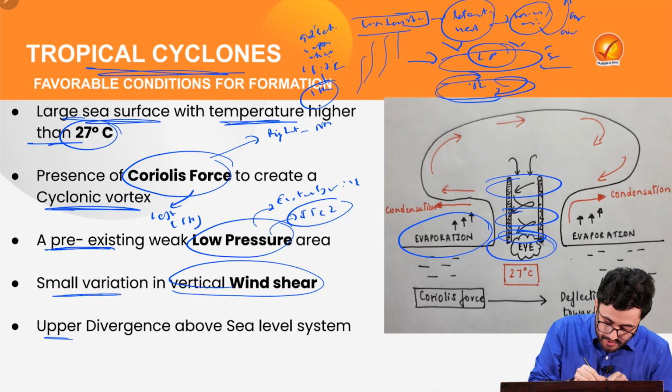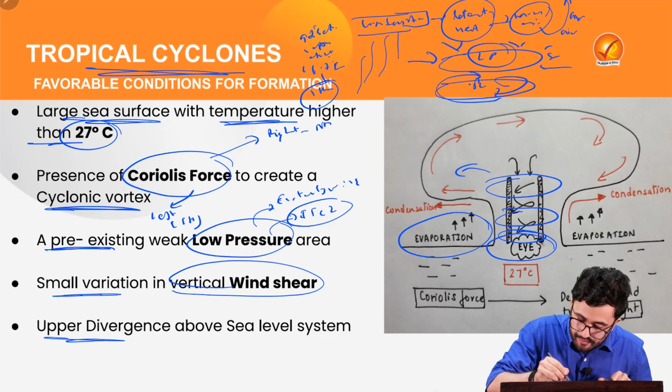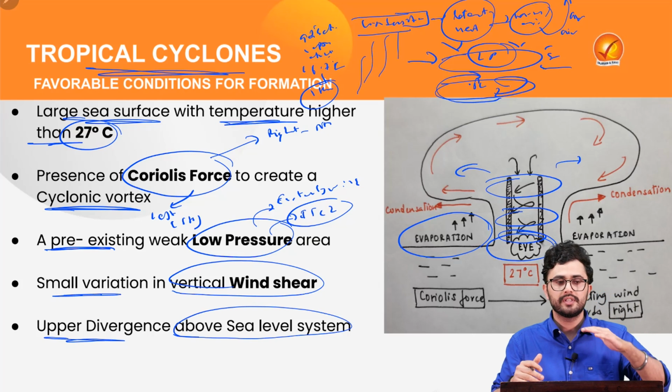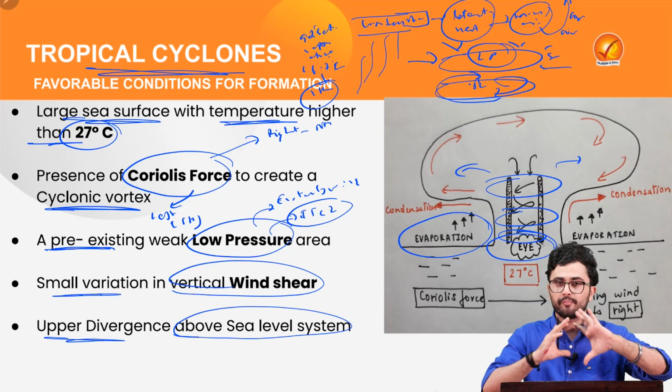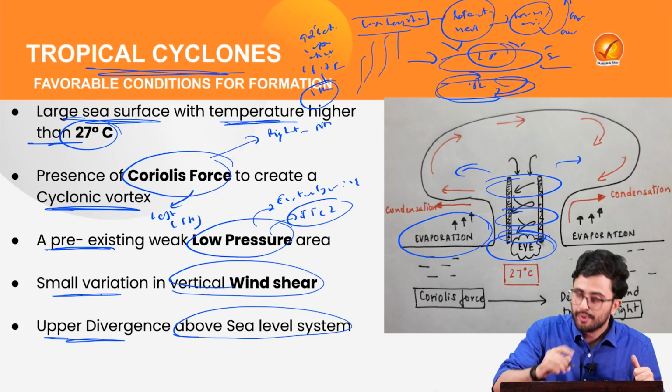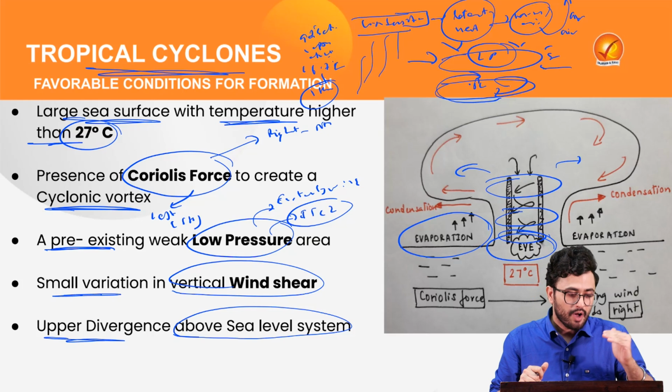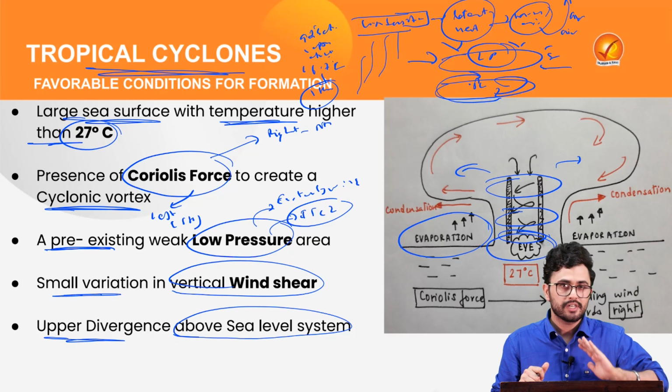At the same time, we need an upper divergence above the sea level system, so this rising air pulls out and this low pressure area remains in place. Now, as we have seen the favorable conditions for the